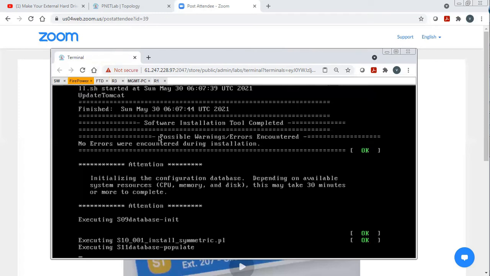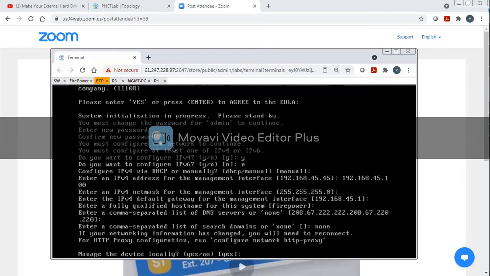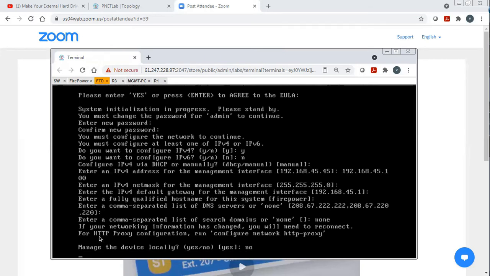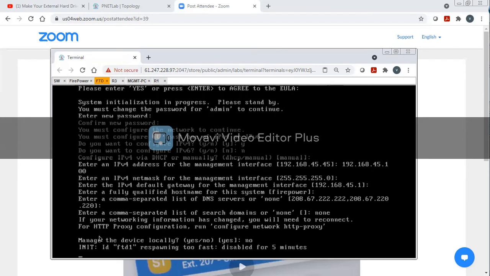If we look at FMC, it is still booting up. For FTD, now we have a message that says manage device locally, yes or no? I'm going to put no. When we talk about FTD, it has two different ways of managing it.